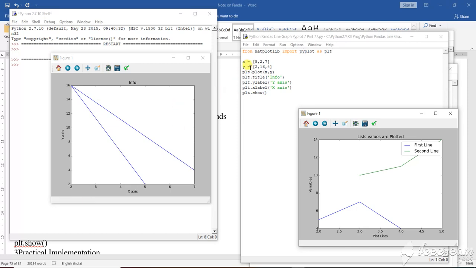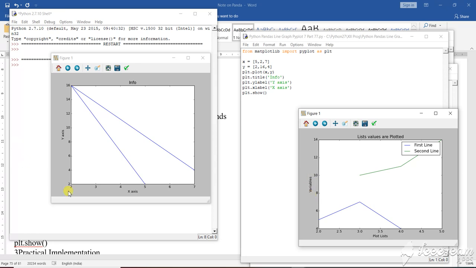That means how you have given the declaration. Here what have I given? I have given only the title of it. That means plot. What to plot? X and Y. So it has plotted X and Y. What to give here? First the title has been given, then Y level has been given for the Y axis, then the X level for the X axis. So you may have confusion. So this is your Y axis and this is your X axis. Okay, X level has been given on the X axis. So this is your X axis, this is the Y axis.